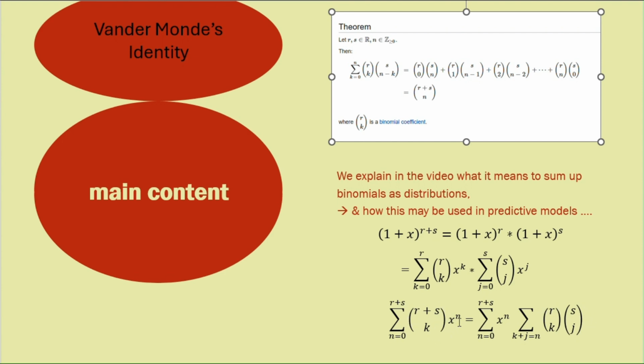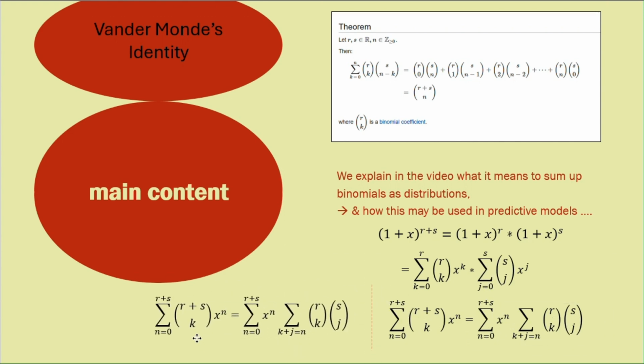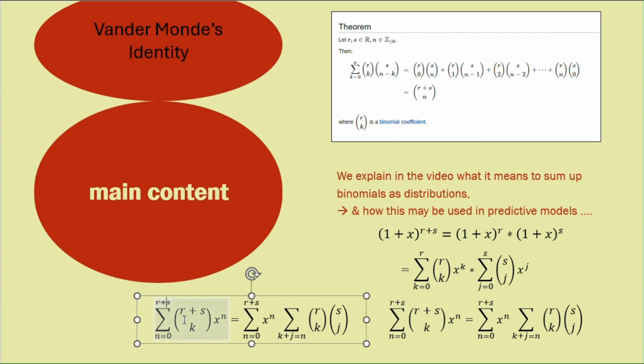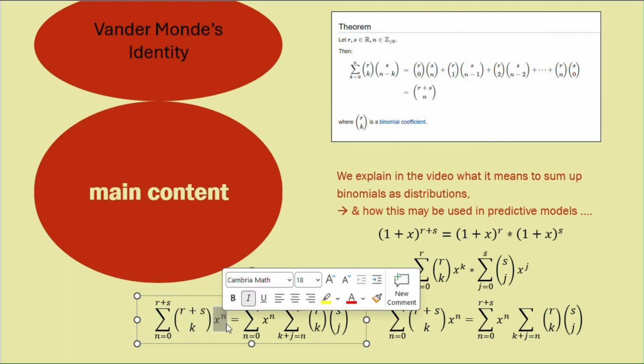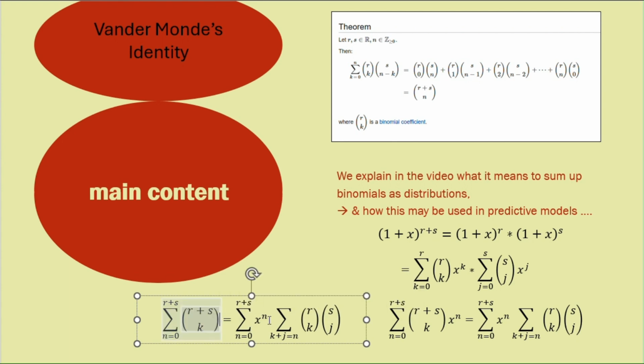So the left hand side is r plus s choose n times x to the power n, and here what you're going to get is this sum over here. So what you end up with essentially is this simple thing, where you just simply eliminate the coefficient x to the n, and what you get is